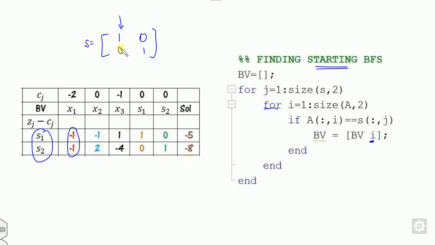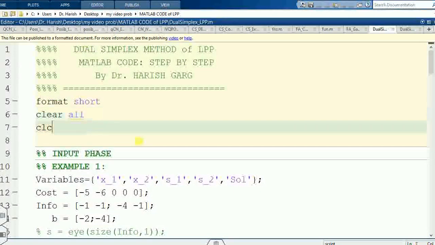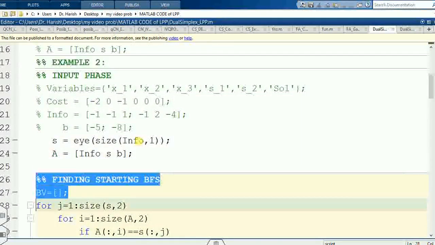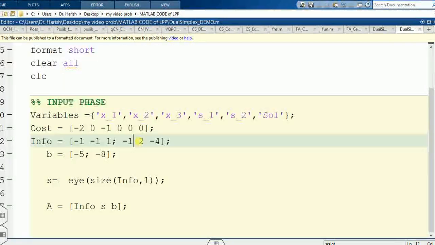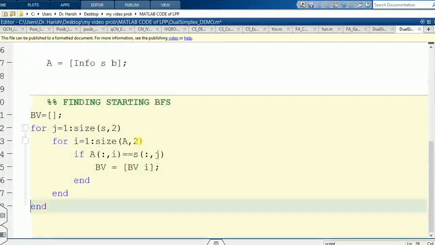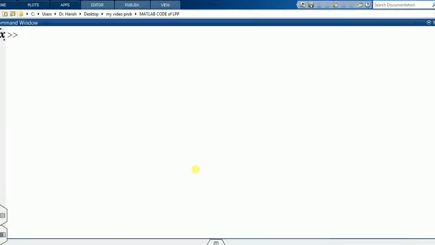So look at that, this value is not equal, this value is equal. So this is my column number 1, 2, 3, 4. So I is my 4. So you can save the basic variable as 4. Then after that you can compare this, it will be my 5. So the answer of basic variable is 4, 5. So look at that, I just simply copy the text from here. I can copy this text and paste here. Okay, now if I just run the file, you can see that this is 4, 5.